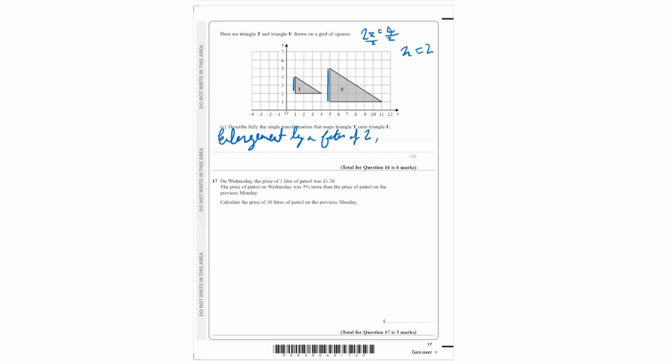And now we have to write the point at which it enlarges. So we can actually draw lines connecting these. Try to use a ruler if possible. And the point at which they intersect is the point of enlargement. So this point is -3, 3. On the point